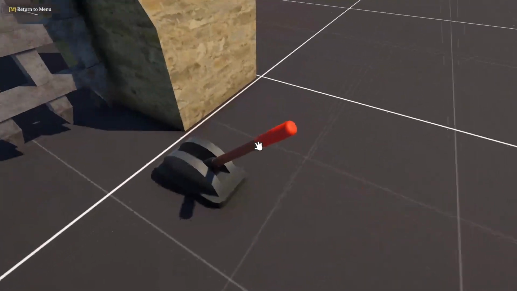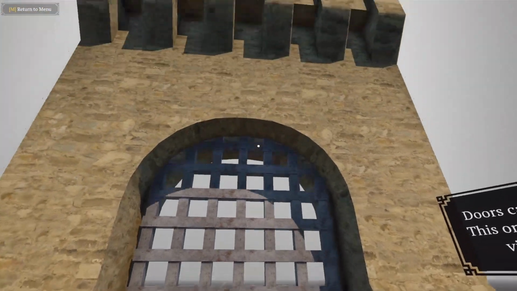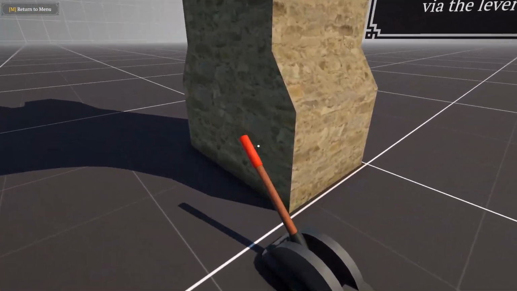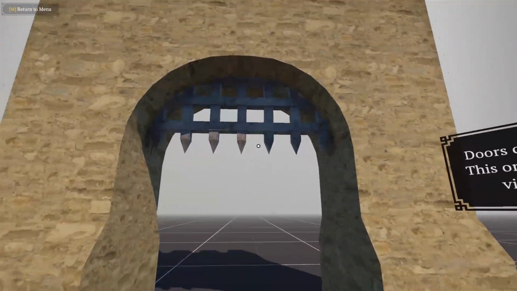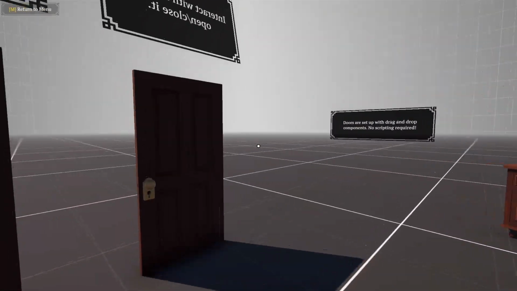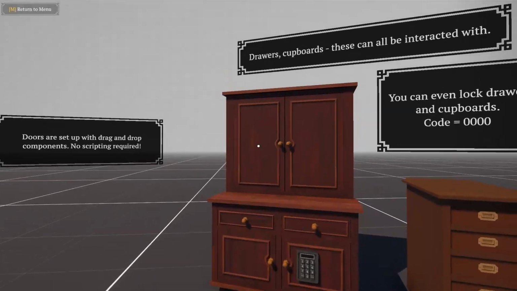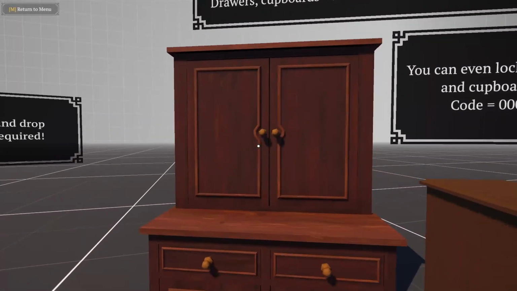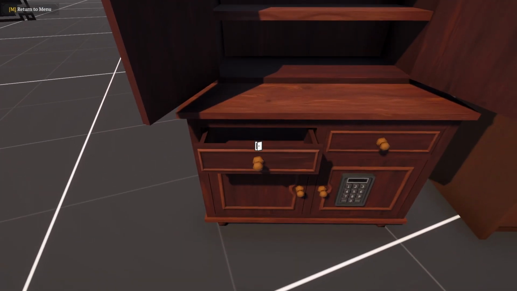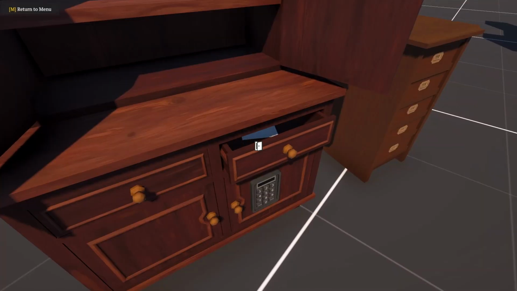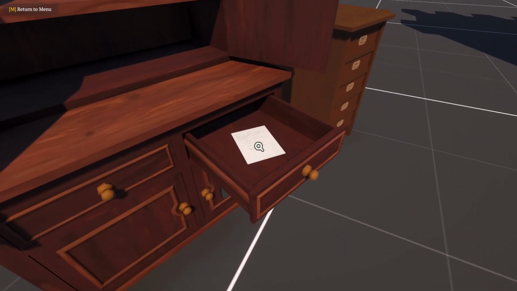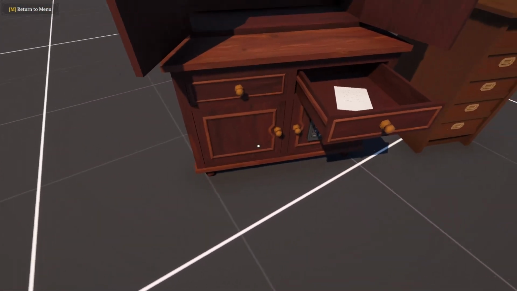So this one right here, we just flick a lever and it is going to open the door like so. And we can of course close it as well. And these doors can also be implemented in things such as cupboards. So right here, we have doors for our cupboards and for our drawers as well, with sound effects to go along with them. And you can have little items or notes that the player can find inside the drawers and